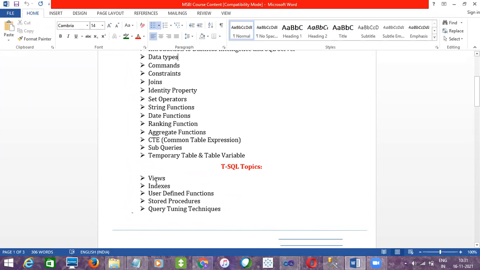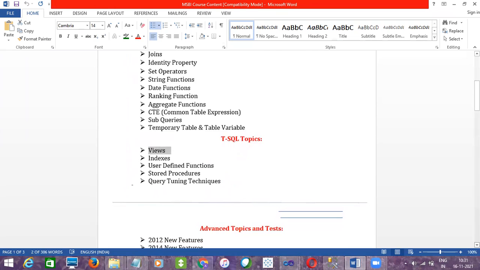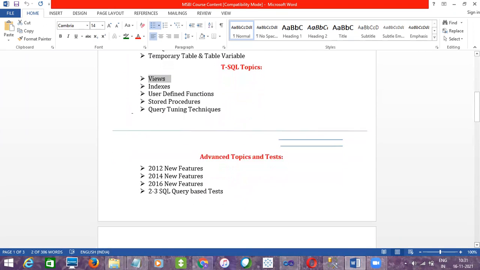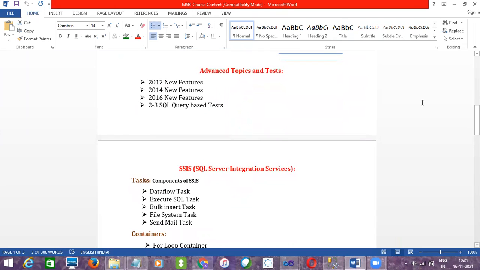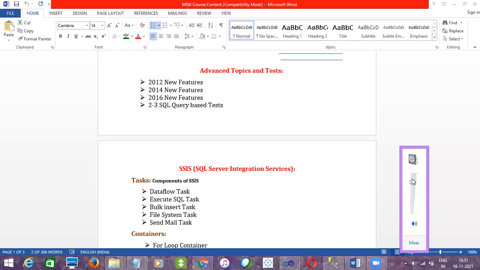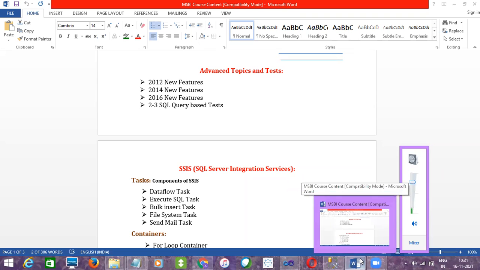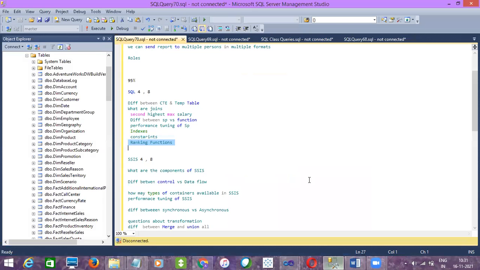Sometimes they might ask you about views. Amar, we get a job doing all these, SSRS and SSIS? Is it compulsory, or will we get a chance doing only one thing, SSIS, as a junior developer? Can you hear me?